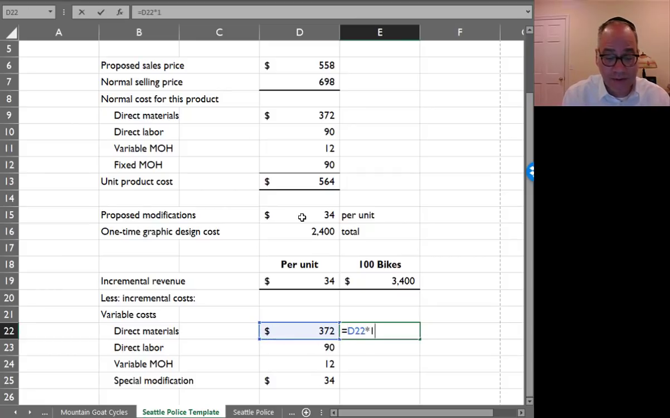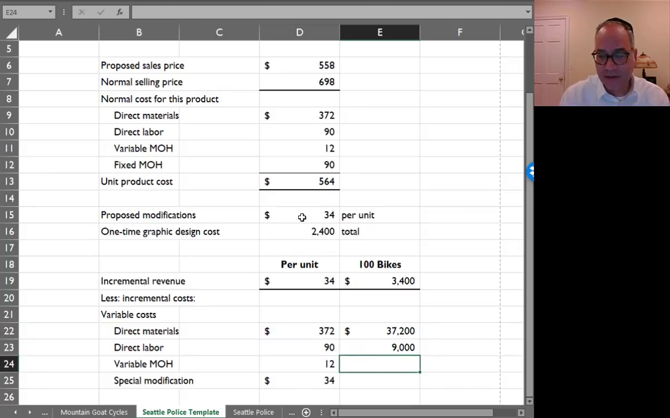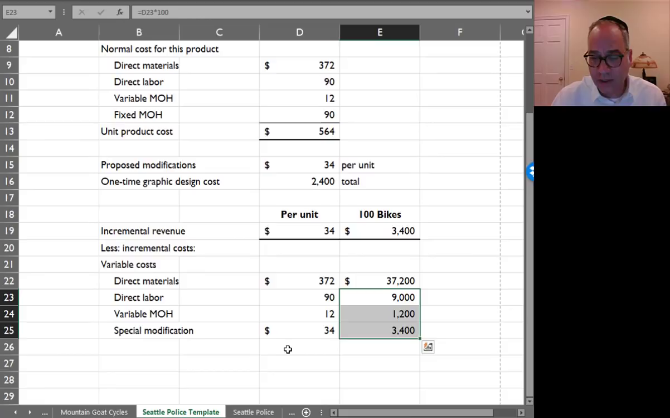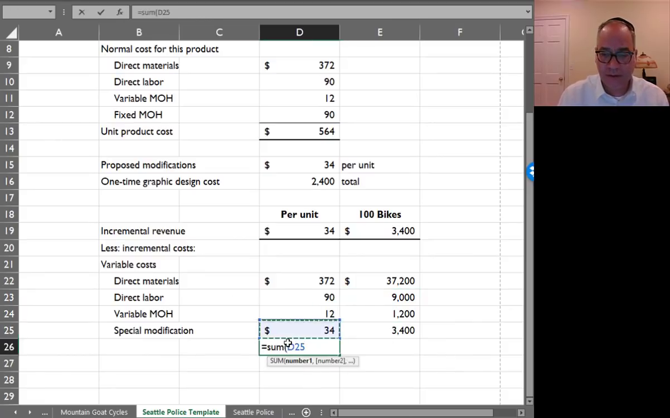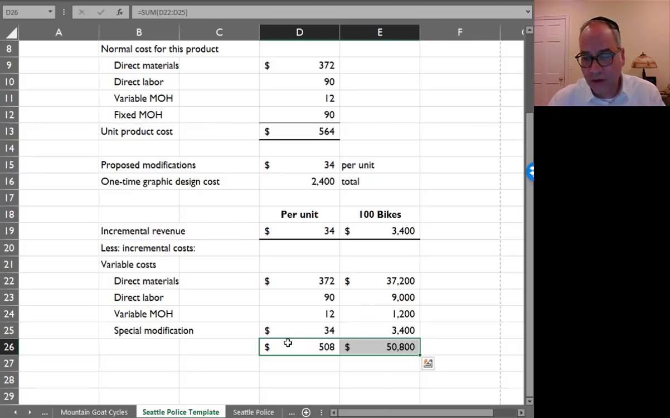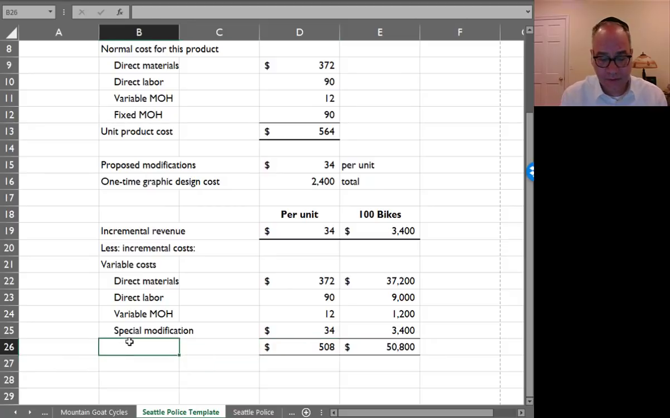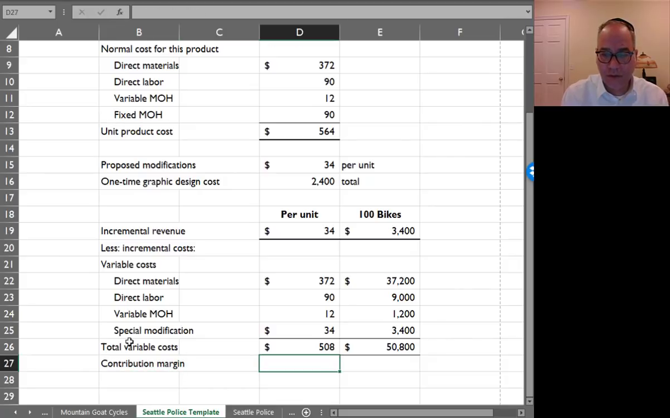So 372 times 100. 90 times 100. 12 times 100 and 34 times 100. So the total variable cost per unit is going to be 508, and the total cost for 100 bikes is going to be 100 times that, $50,800. So total variable costs. And then you have your contribution margin would be,